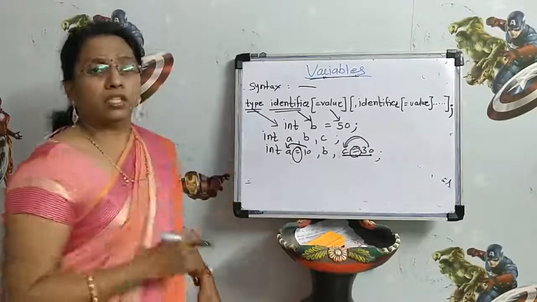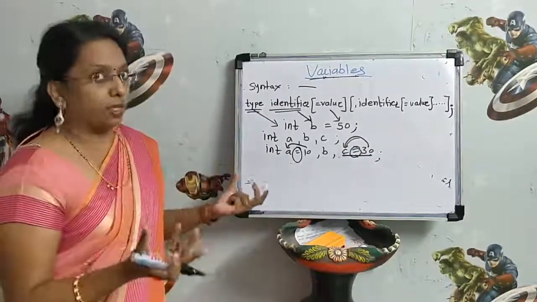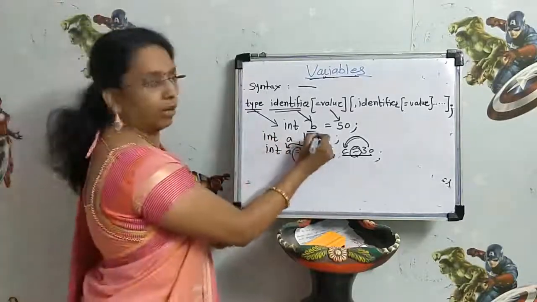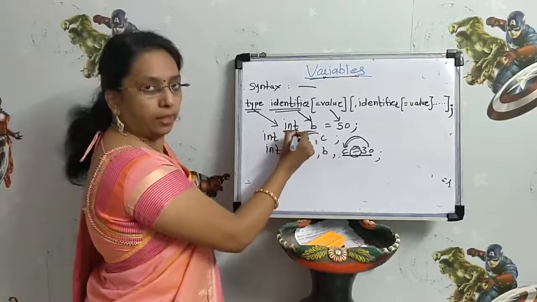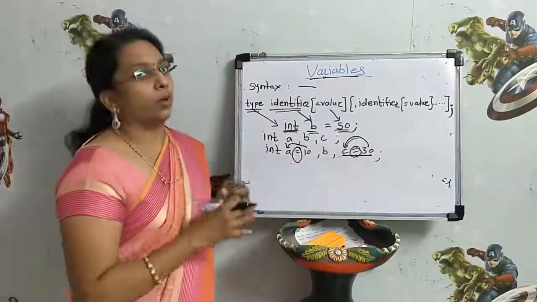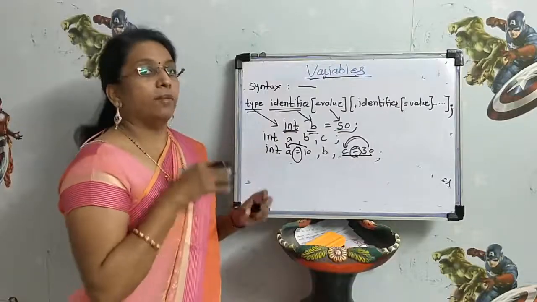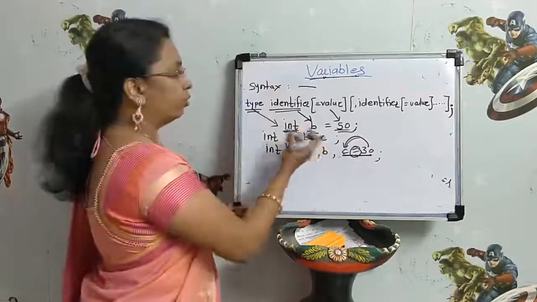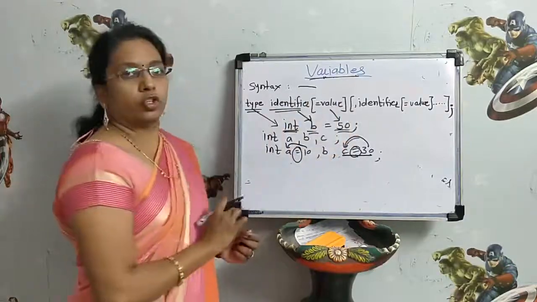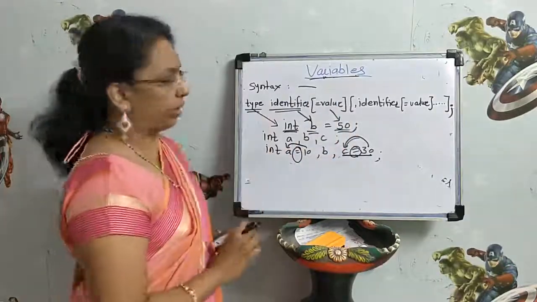So declaring and initialization, what does it mean? It means you are going to tell the compiler, this is my variable name which is of type integer and the value is 50. So all this information we are going to give the compiler. It means the compiler will get to know all this information using the declaration and definition of this variable.